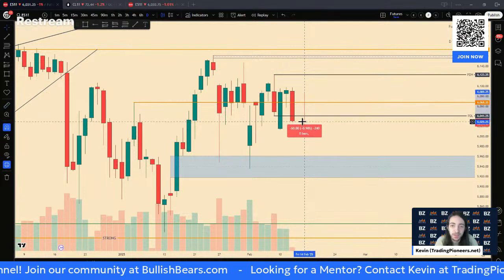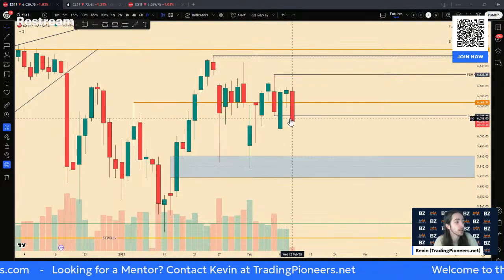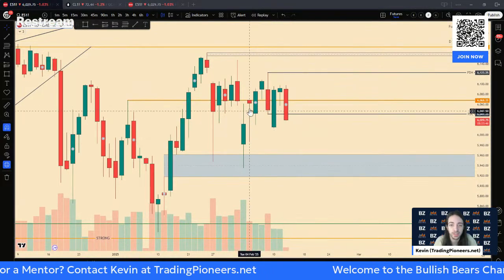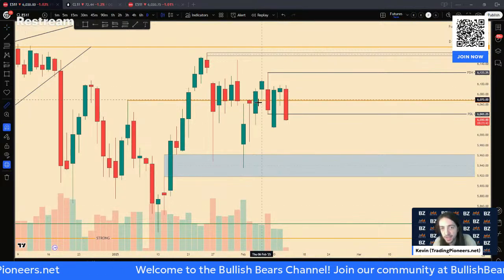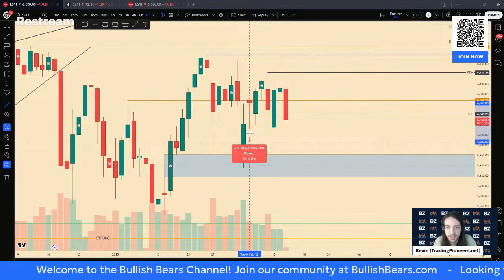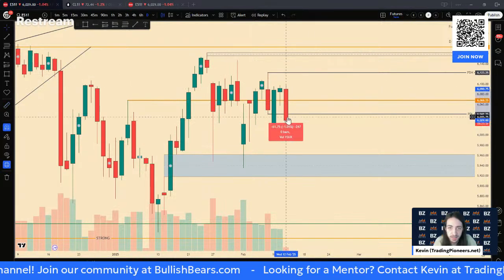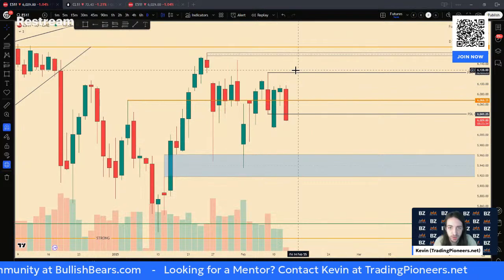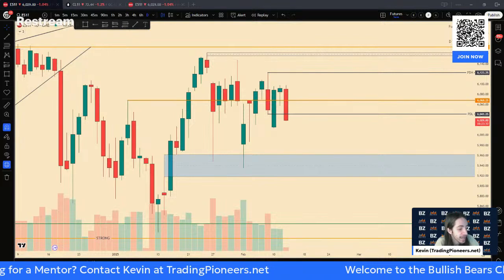Right now, we had our CPI data, and I wouldn't consider this a full-blown reversal yet, because yes, this is a strong candle to the downside, but we've seen a lot of strong lower wicks recently. Look at this big long lower wick right here. If we pulled our measurement tool out, this wick itself is 76 points. Now, that's not to say that we're definitely going to reverse. However, it's something to keep in mind that it is actually possible.